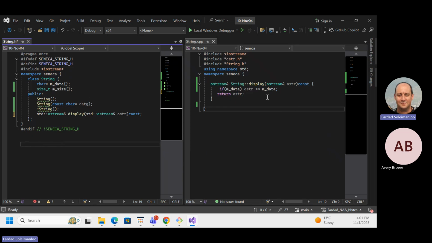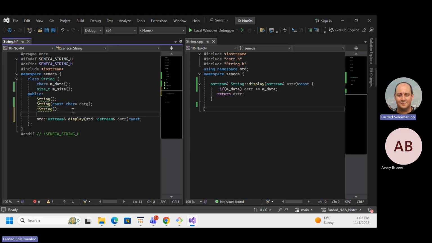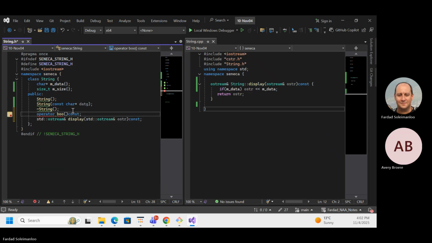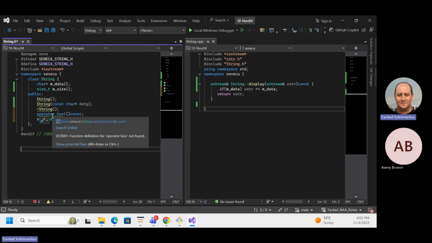Let's continue. So in here, the best way to do this instead of doing that, because this becomes code dependent, I need to check to see if string is in a valid state or not. So the best thing to do is to quickly over here overload the Boolean operator to tell me if this thing is valid. Okay, so we do it like that. And let's add the code.